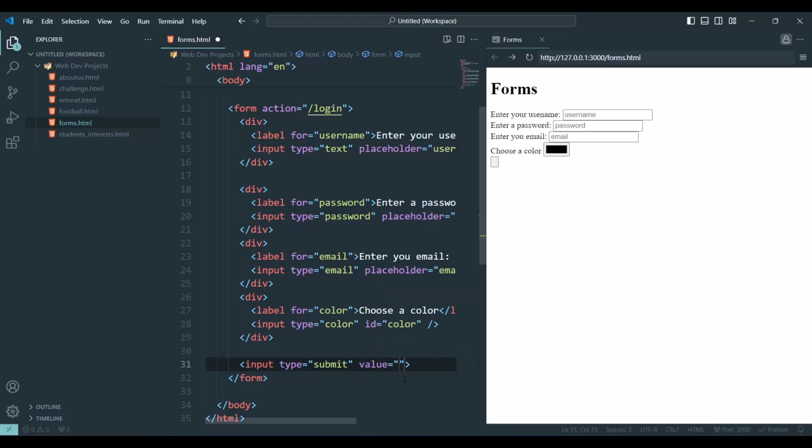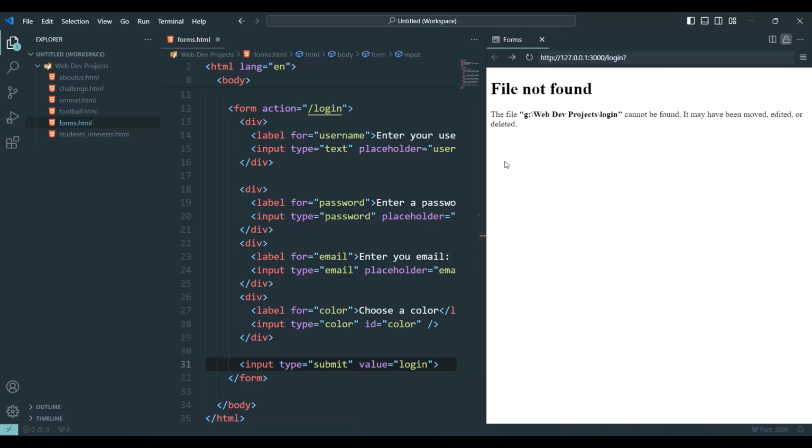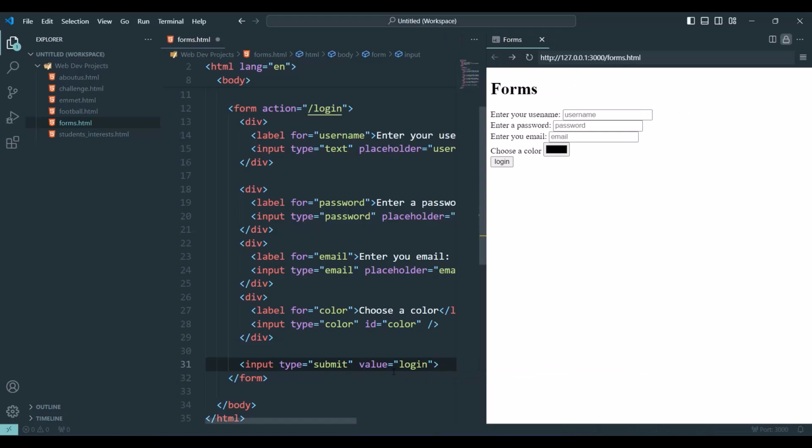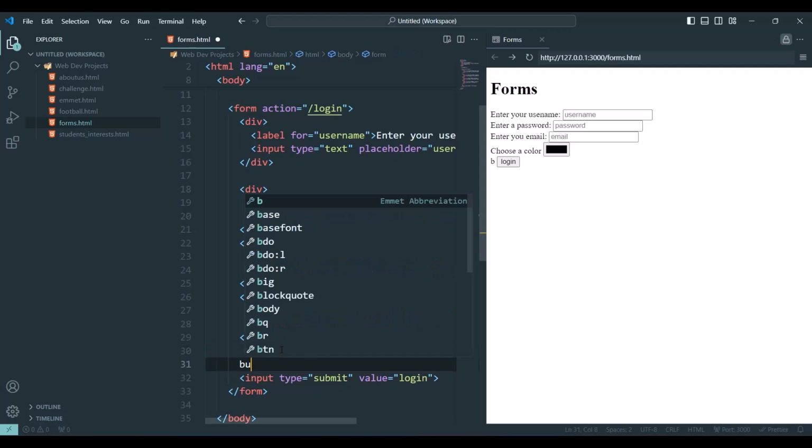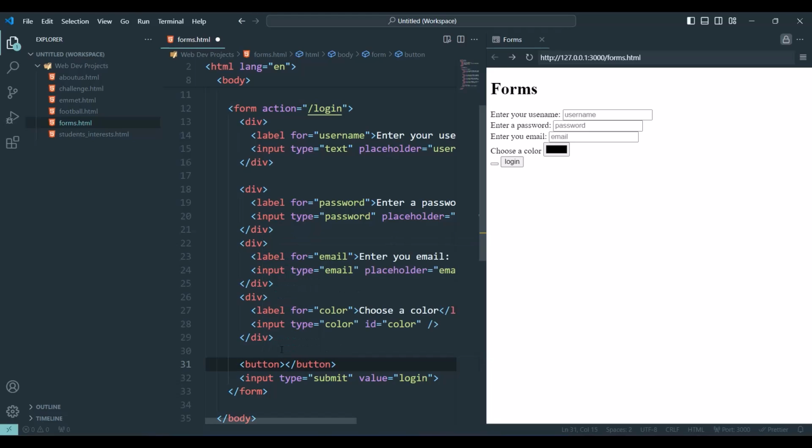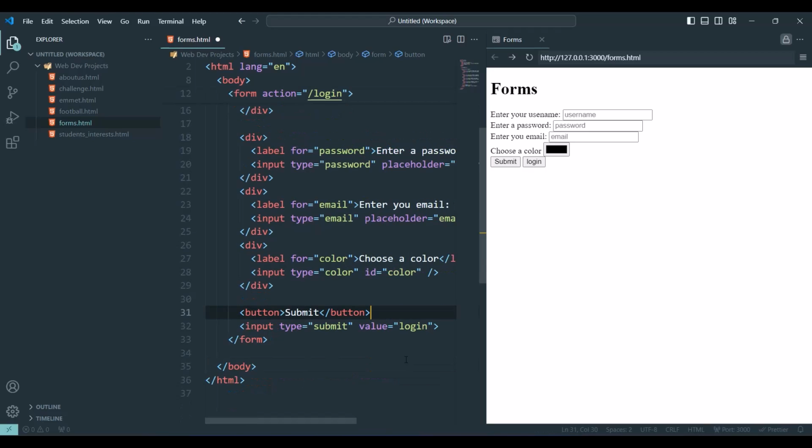So you need to use the value attribute, and inside the double quotation marks, I'm going to call it, let's say, login. So now if I click on it, it says file not found. And I prefer the previous one, the button, because it's easier to remember that you can put the submit text between the opening and closing tag. So we have those two ways with which you can create a button.